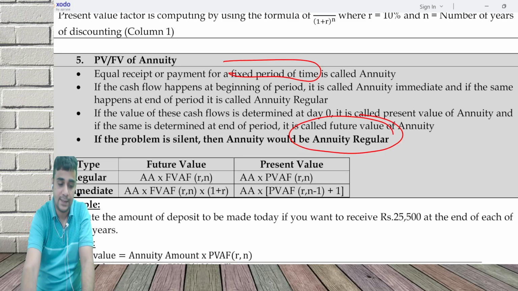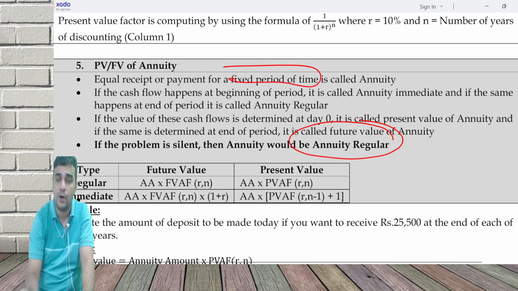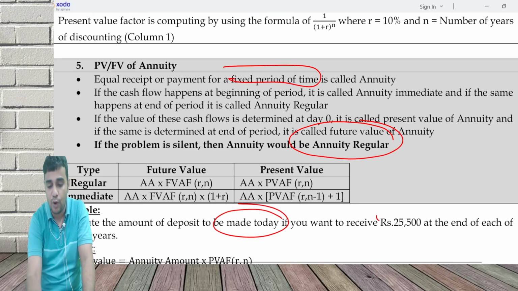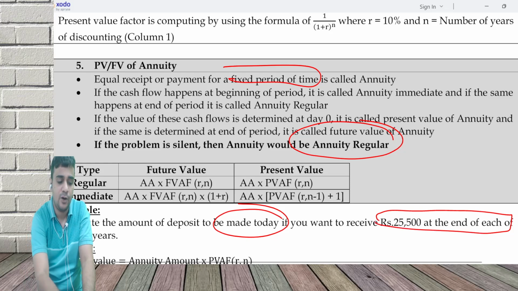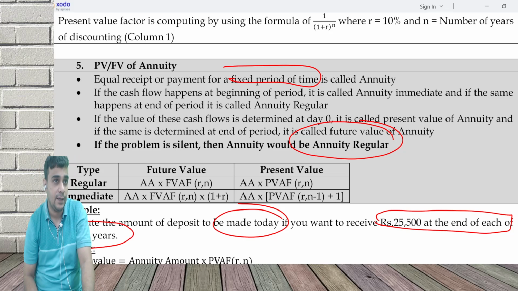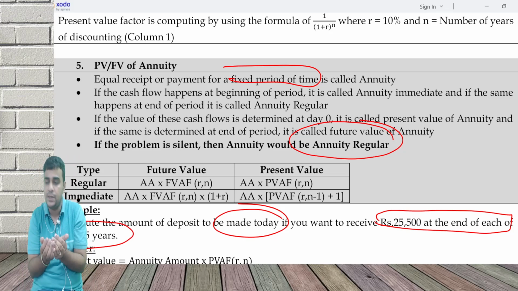Now, let's take an example. Calculate the amount of deposit to be made today if you want to receive 25,500 at the end of each of the next 15 years. So, my parents came to me and said, can you tell me what FD should I create today so that every year we get